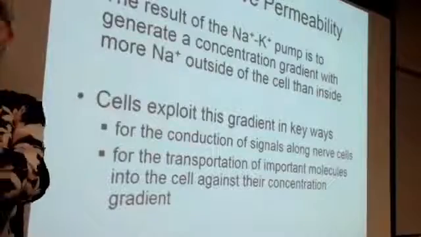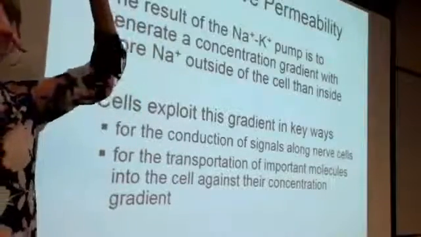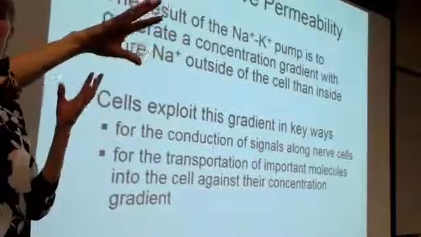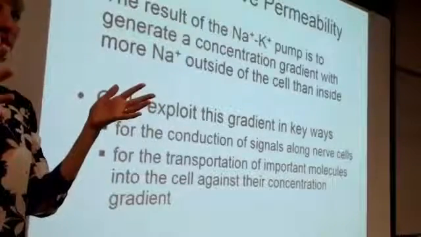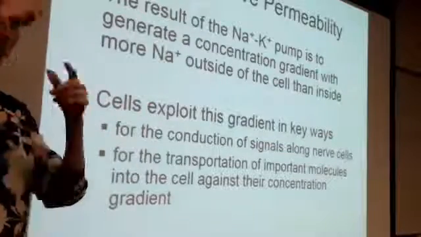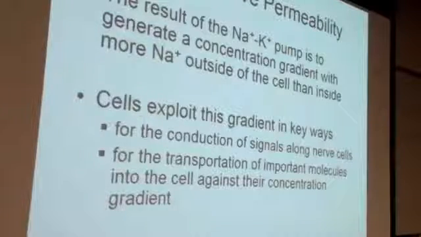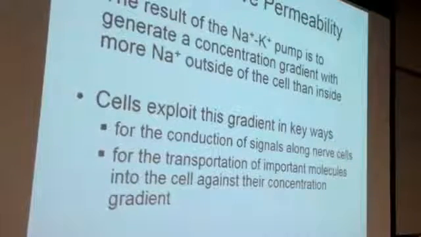Then after it's completely passed, the bridges close and the pumps are still pumping, and eventually it gets things back to where they should be. So after it fires, initially there's what's called a latent phase. That axon, that nerve cell, cannot fire another signal for a certain amount of time because it has to reestablish that concentration gradient. Muscle cells are the same way,